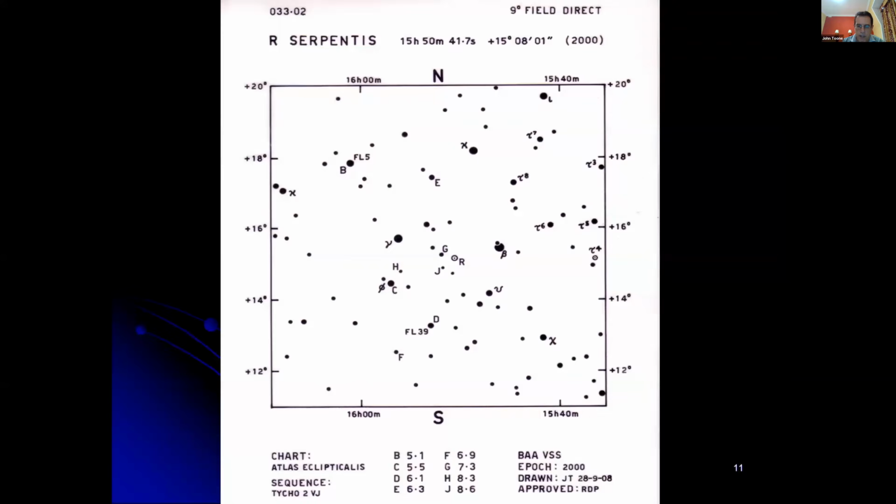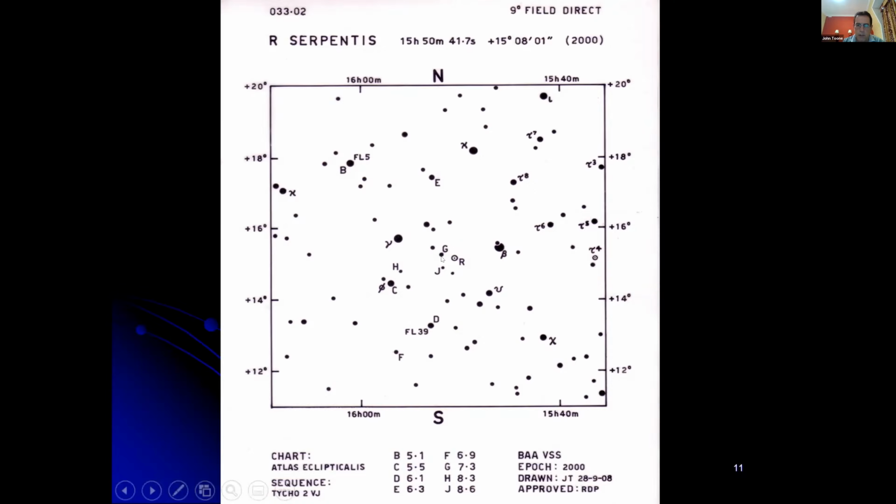So typically, let's look at a variable star. Here is a photograph of Serpens Caput, which is the head of the Serpens, and here is a variable star. We'll just make an estimate against a chart. Now, apologies, this is a BAA chart, and so we have a lettered sequence as opposed to a numeric sequence, but the principle is just the same, and it's a straightforward process of comparing with comparison stars.